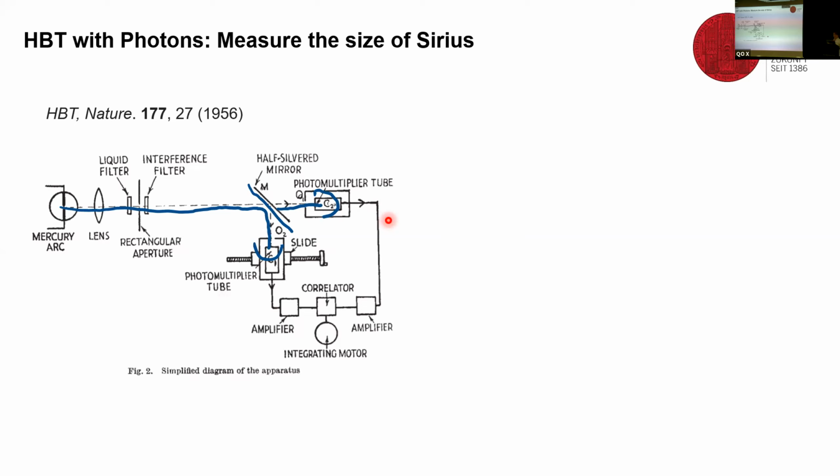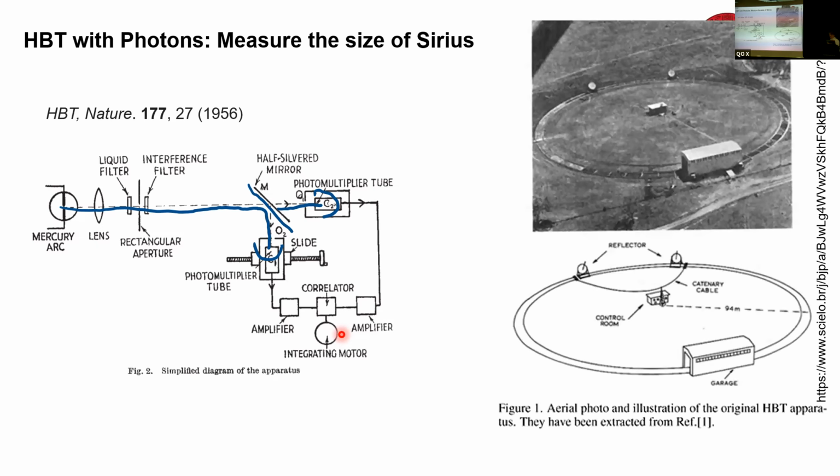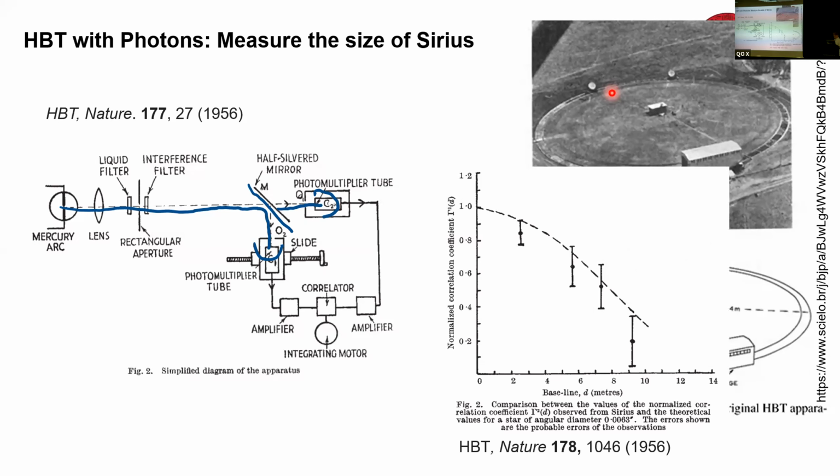Yeah, correlate two photon detectors after a beam splitter, and then usually change the delay in time. So what they did, after this successful experiment, they went and did astronomical observations. This is, I have to redo it here, two telescopes of which they can change the distance between, and they observed correlations of photons coming from our closest star, Sirius, and their paper had just 4 data points here, which is consistent